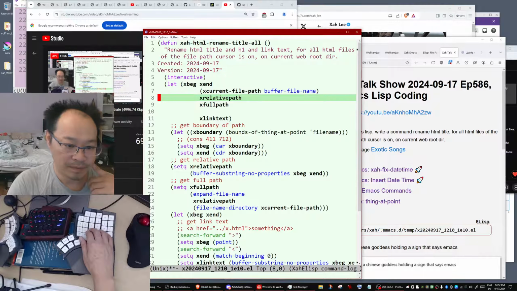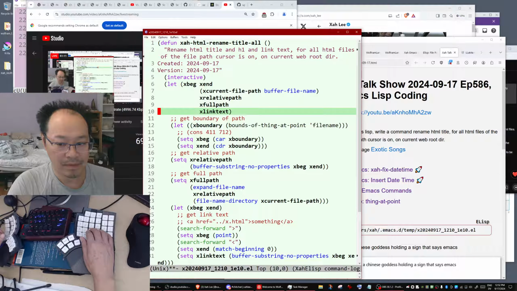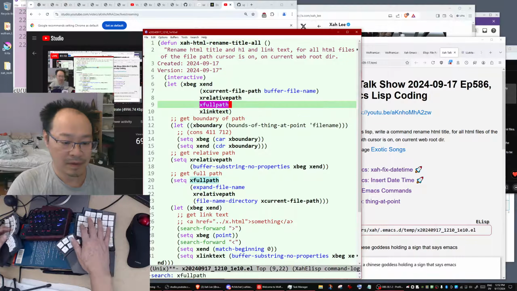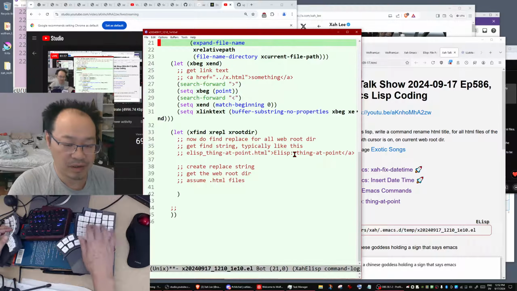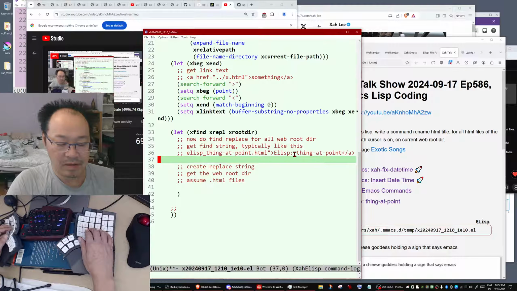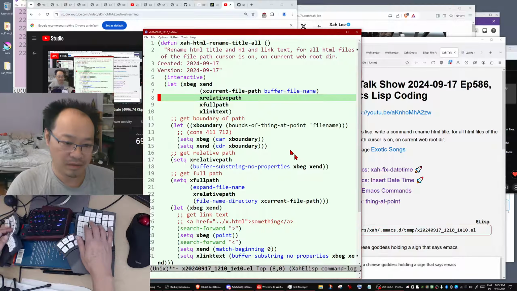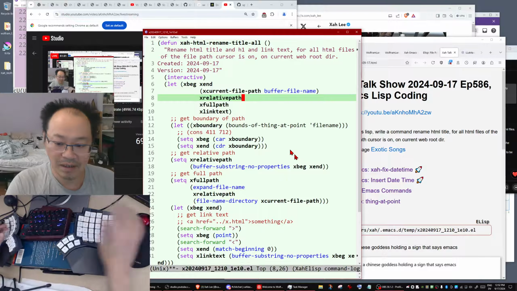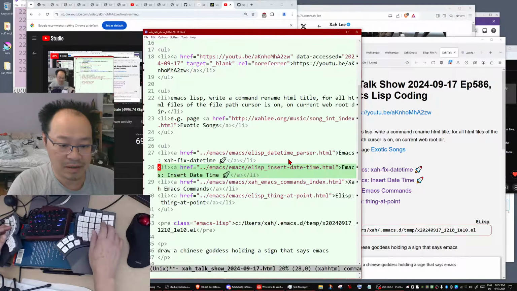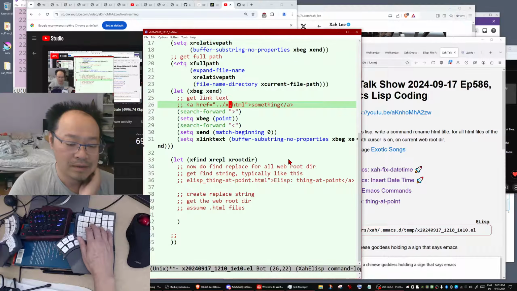We're starting to need to organize our code because it's getting big. So anyway, the relative path: we have an example here, which is like that.